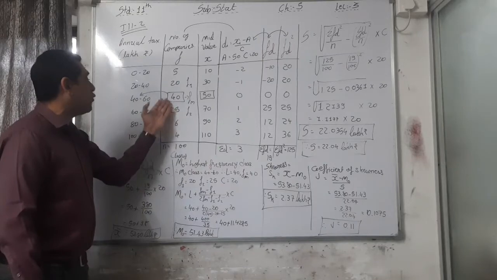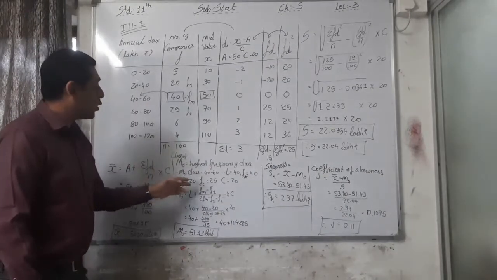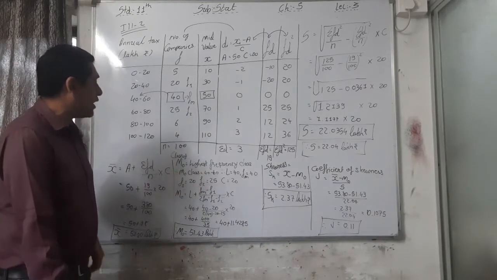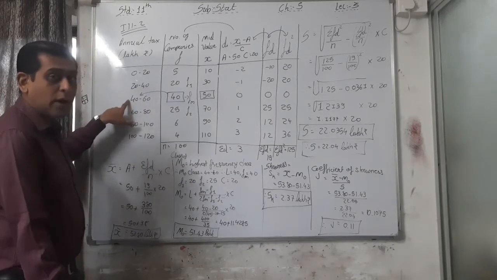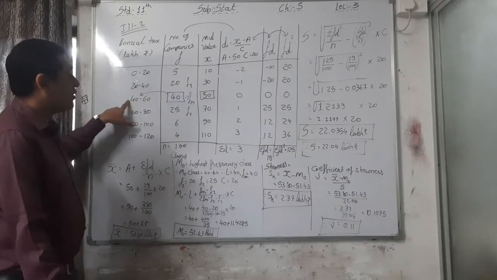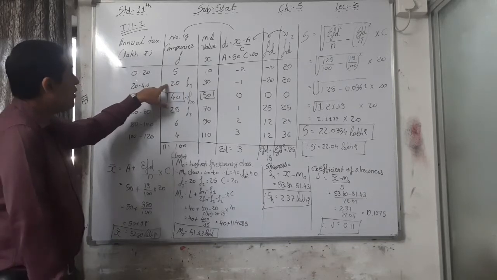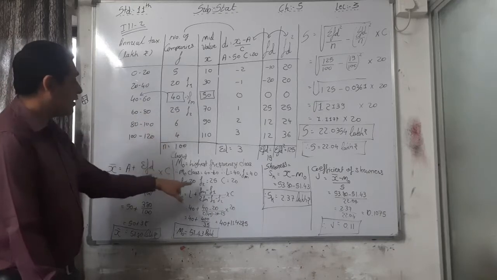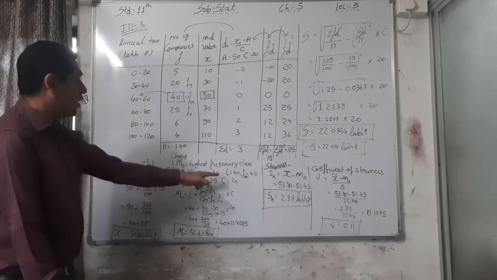Highest frequency is equal to 40 and the corresponding class is 40 to 60. Okay, so here now put the values. Mo is equal to 40 to 60 class, then l is equal to 40, the lower boundary of the class. Then fm is the highest frequency, f1 is the first frequency, previous to the mode class, and the next frequency of the mode class is f2, and the class length obviously is 20. So here c is equal to 20.